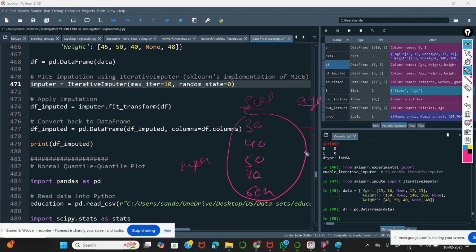To tell Python that please take the same items again and again, you have to take something called random state equals to 0 or 30, 40, 50, any number you put. Maximum iteration is the number of times you are going to iterate the things,